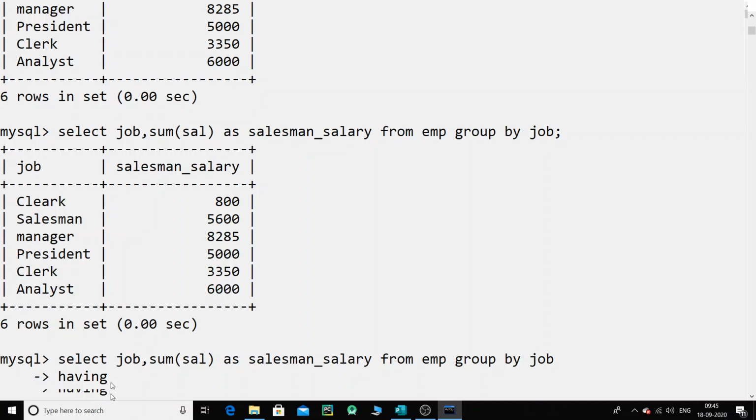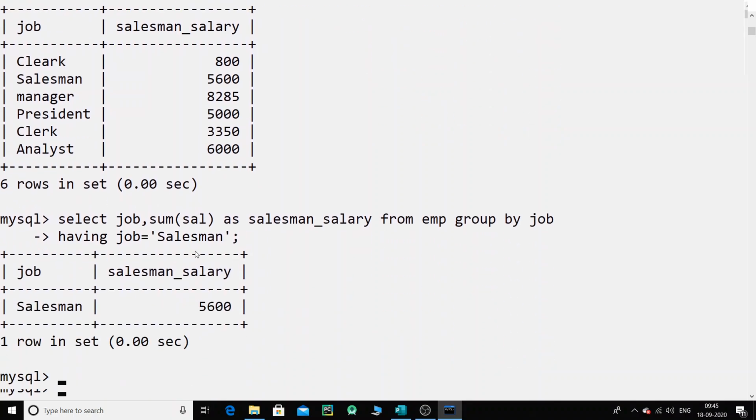Do not use the where clause, because where works on individual records and having works on groups. So now we'll say having job is equal to salesman. Then a semicolon, and now you can see that I'm paying the salesman 5,600.